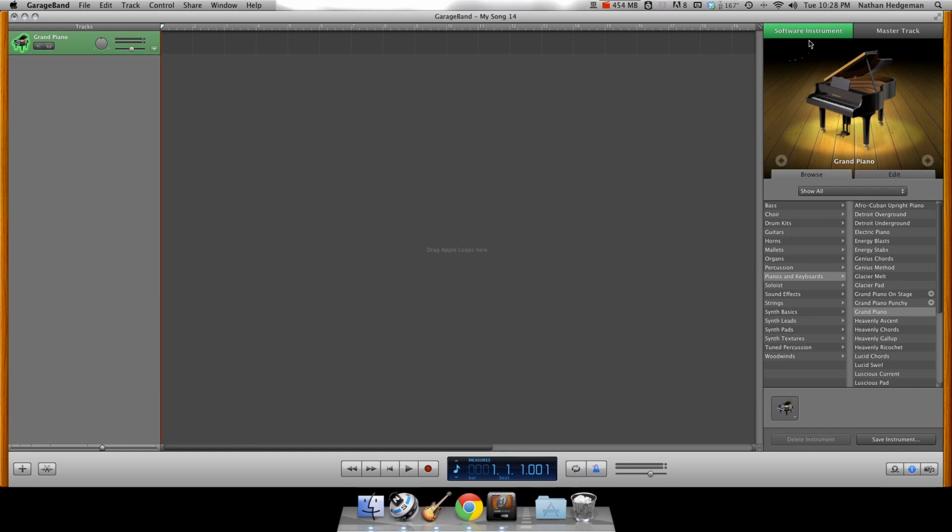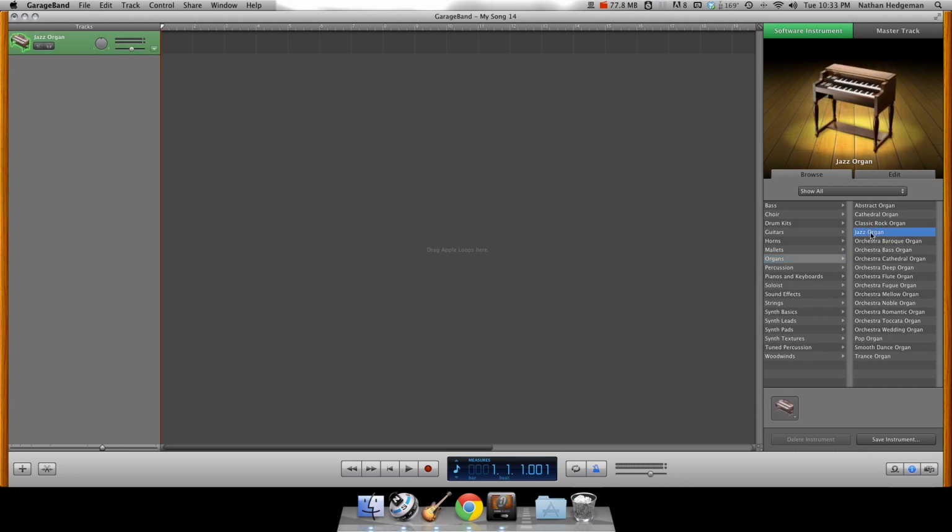Over here to the right, we have our instrument window. And in the instrument window, in your browse tab, below that is where you can adjust the sound of the instrument that you're playing, your software instrument. So right now we have piano, but if we want maybe an organ, we click here to organ and choose perhaps jazz organ. And now we've got jazz organ. Great. Very simple, very easy,